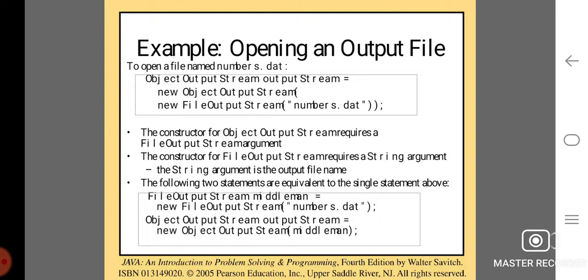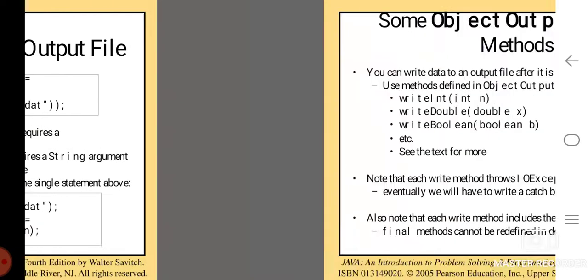The constructor for ObjectOutputStream requires a FileOutputStream argument. The constructor for FileOutputStream requires a string argument. The string argument is the output file name. The following two statements are equivalent to the single statement above. FileOutputStream fos = new FileOutputStream("numbers.dat"); ObjectOutputStream outputStream = new ObjectOutputStream(fos);